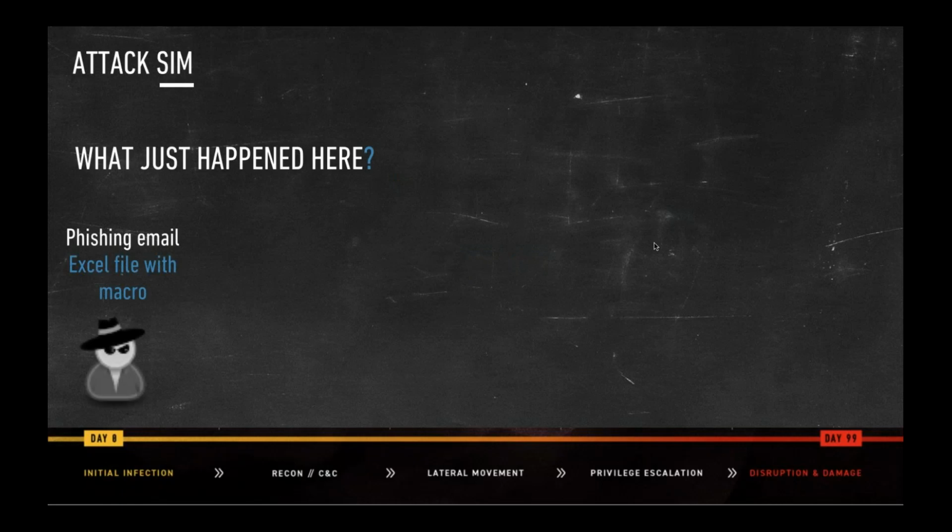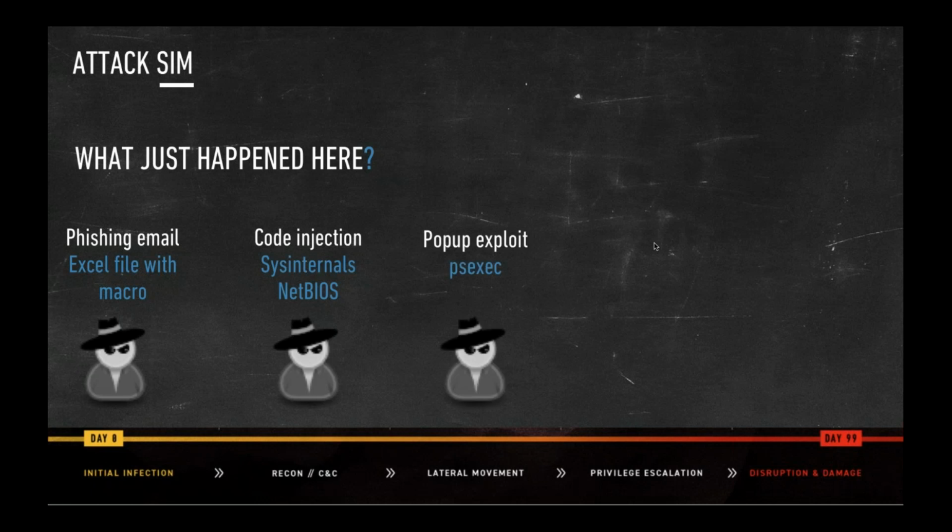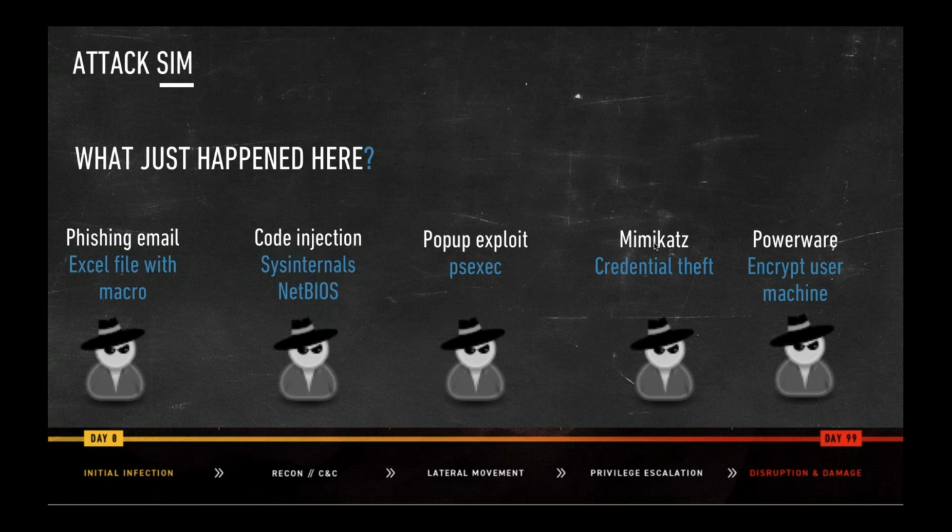Okay, so a few of the steps that we saw. The initial phishing email, which is effectively an Excel file with a macro and a PowerShell payload. Then we had the code injection to hide behind Firefox. Then we had the use of system-based tools to do some reconnaissance. Then the use of the exploit, the use of ps-exec to laterally move. And well, the step before that was the use of Mimikatz for credential theft, and then the detonation of ransomware